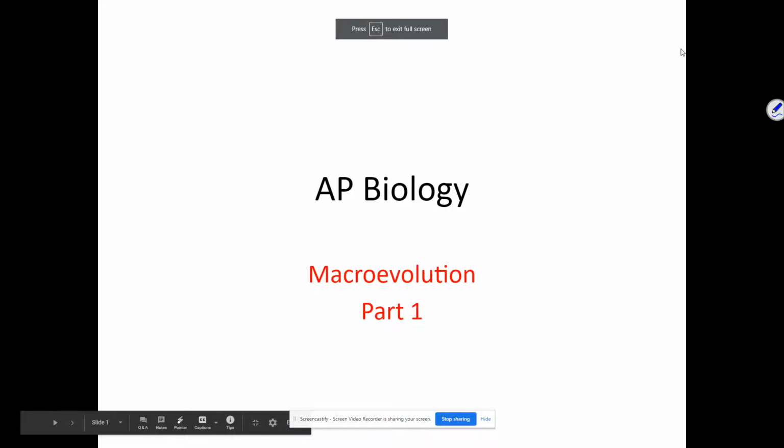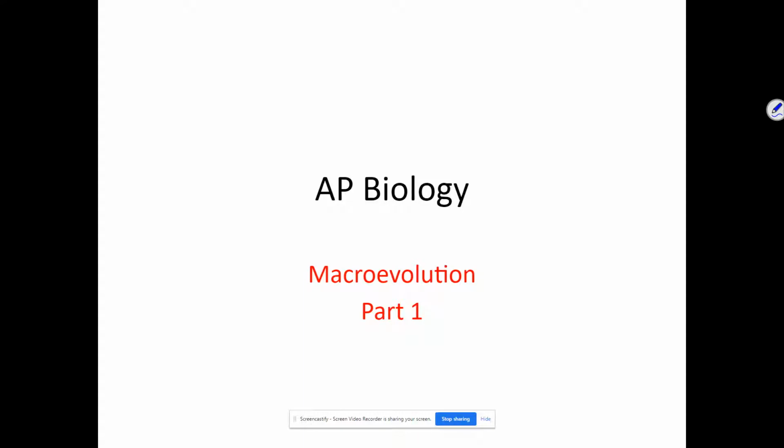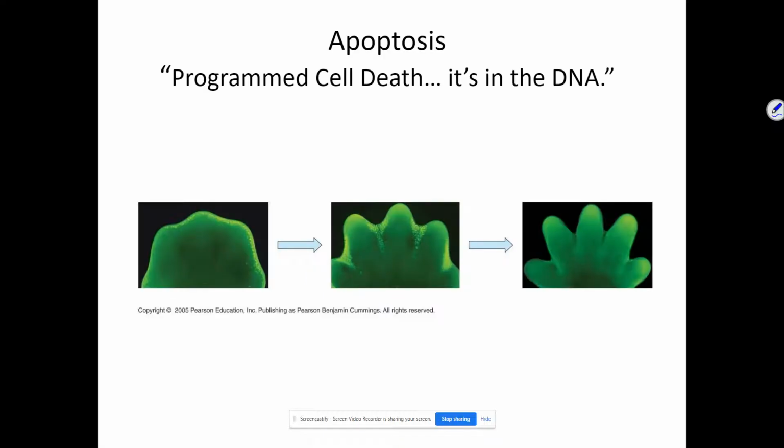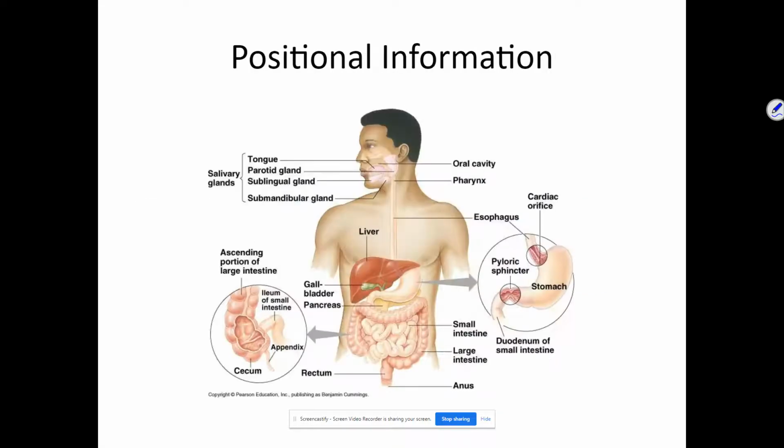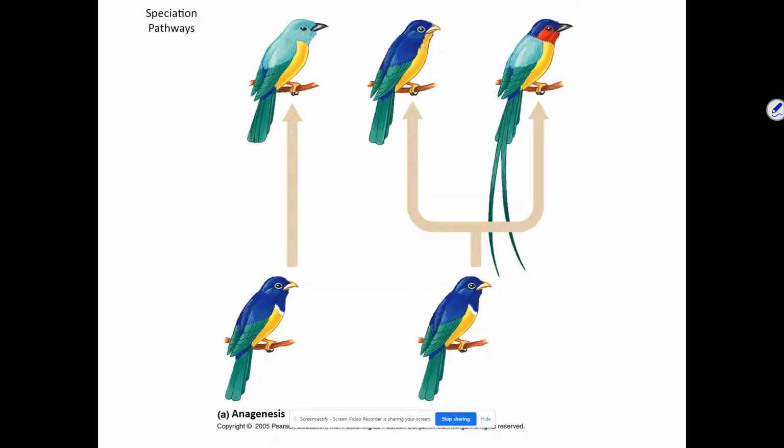So in this video, we're going to move on to the subject of macroevolution. Macro meaning changes on a large scale, micro, small, macro, large. And I have to have my standard apoptosis picture in here and not really know why I have it. There's a lot of things we've talked about before. So let's look at this